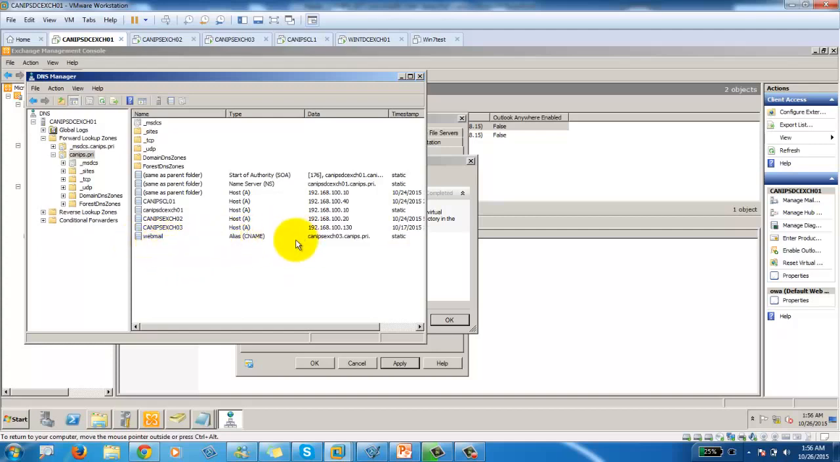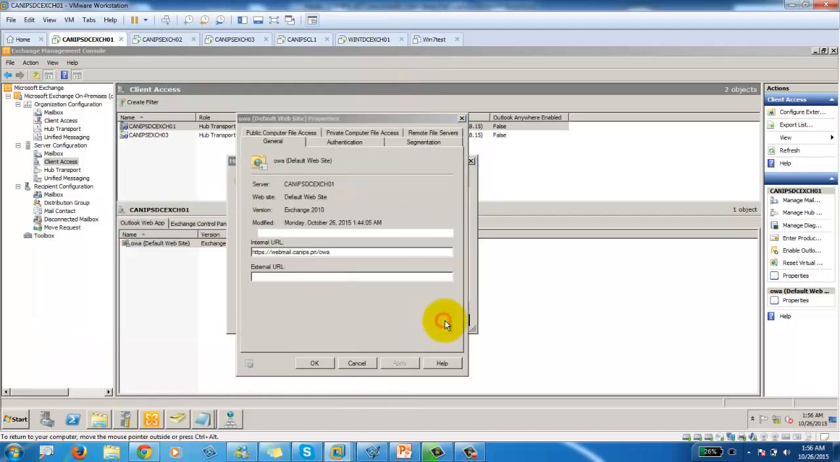So this is if you have one server in your organization pointing to this. Let's say I want to have the same name for this IP address, so let me show you what I'm trying to do here. What I'm trying to do is have a simple name for OWA. Otherwise, if you don't make it simpler, then you'll have to